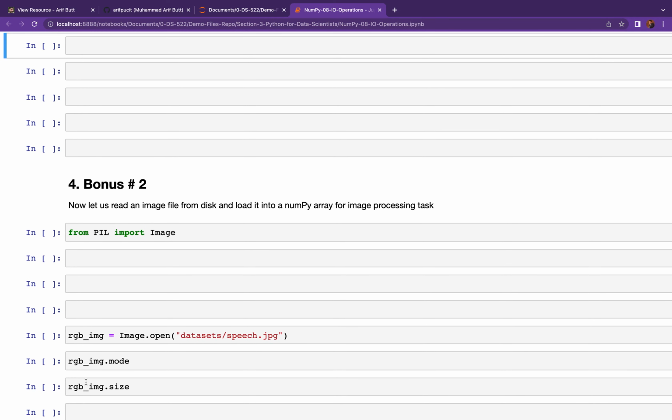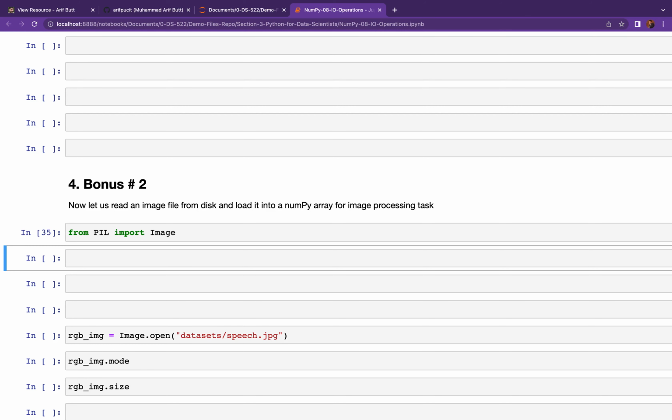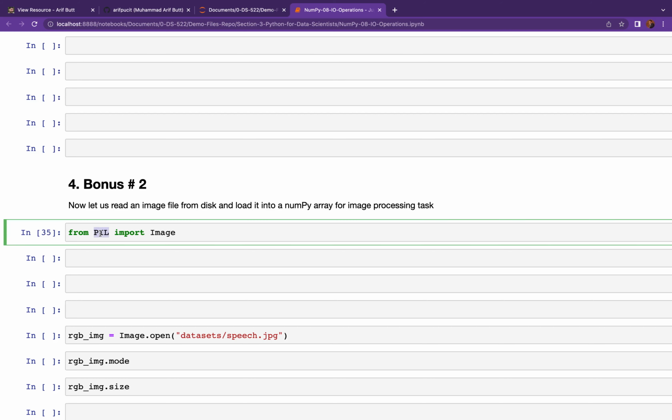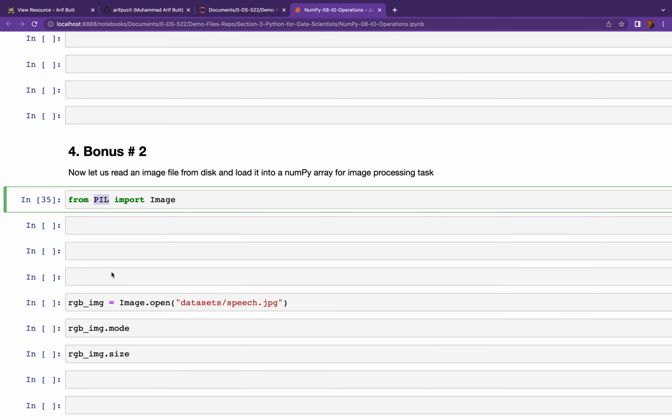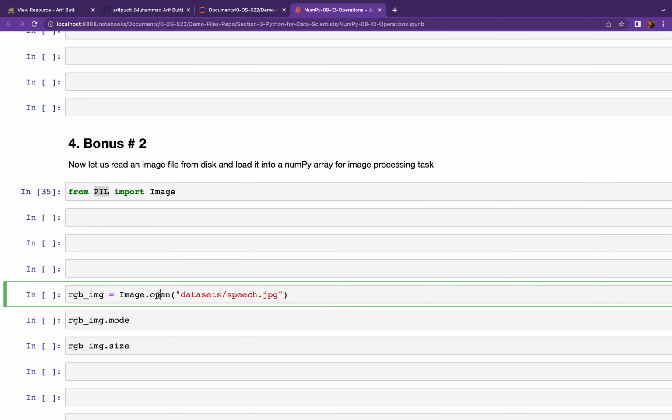Let's talk about the bonus 2. My dear students, we have also done a bit of image processing in our file handling session. Let me quickly brush up your memory. So first of all, we need to import the Image module of Python Imaging Library, PIL. You can use Pillow as well, which is a fork of PIL, and adds some user-friendly features. We are going to use the open method of the Image module to get the file handle of this image file,